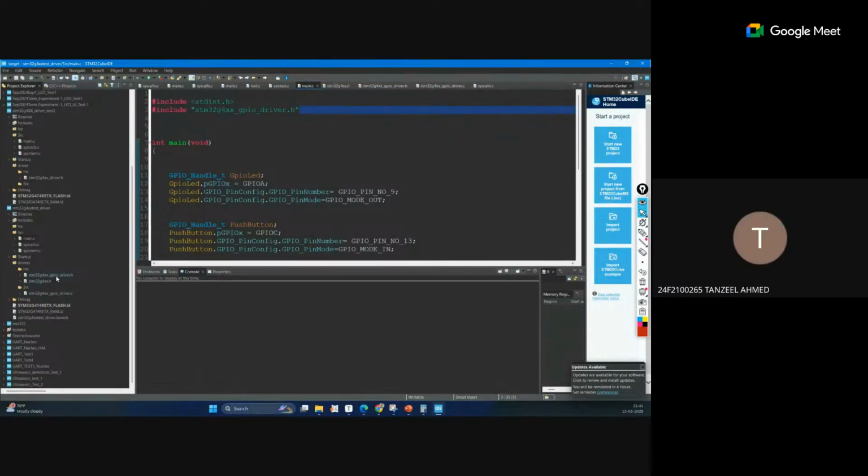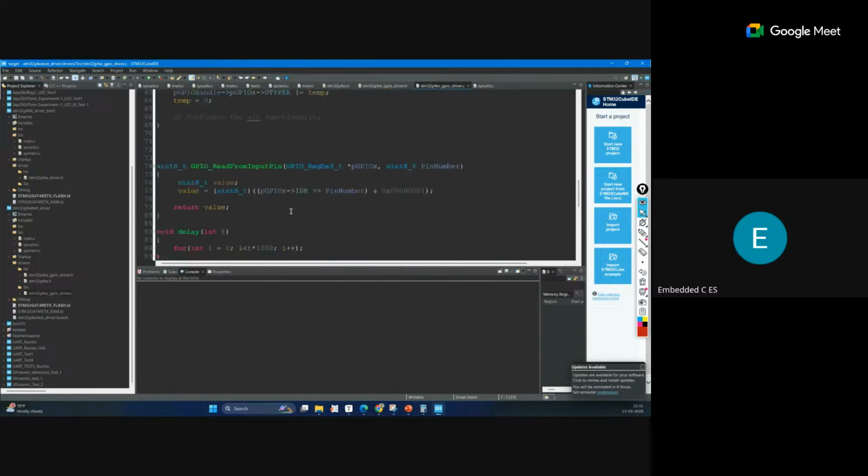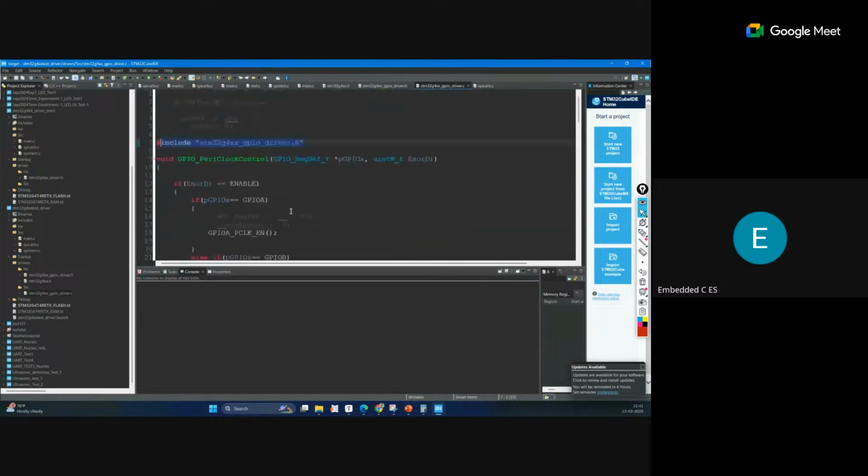Right, right. Okay, so that is the thing. So this is, I think, handled by this IDE, as included in gpa.driver.h.